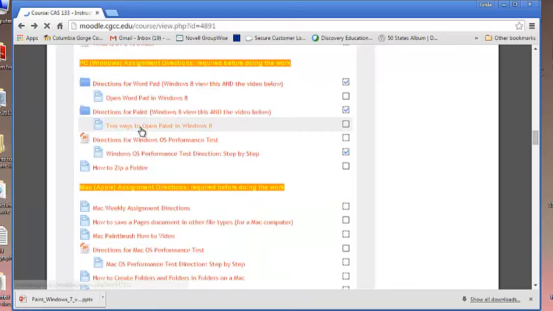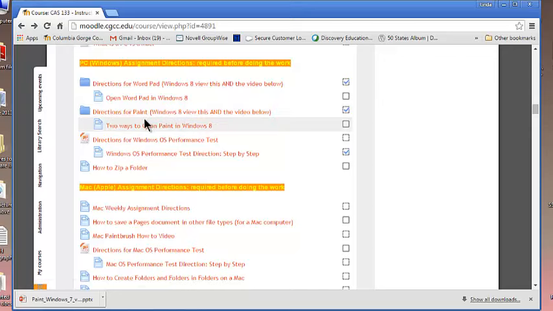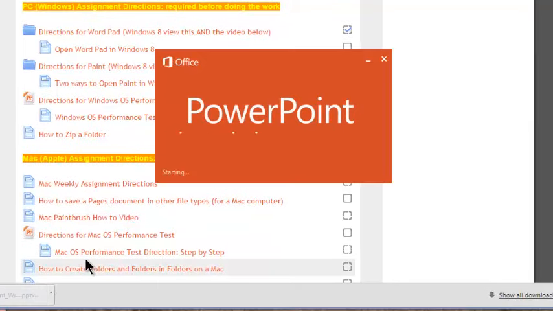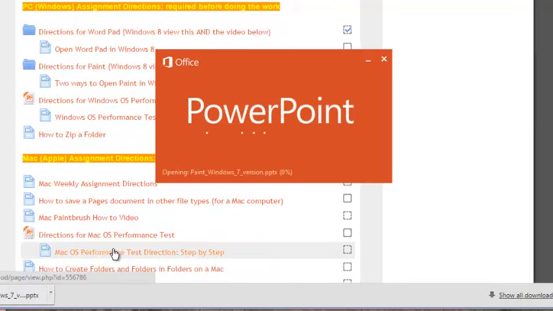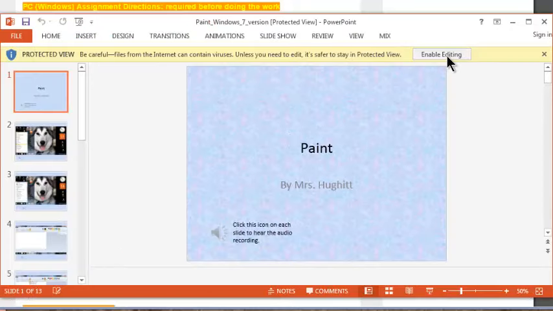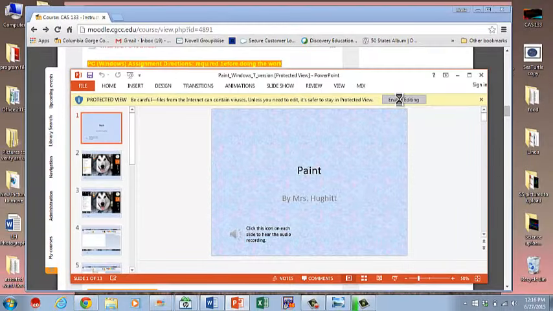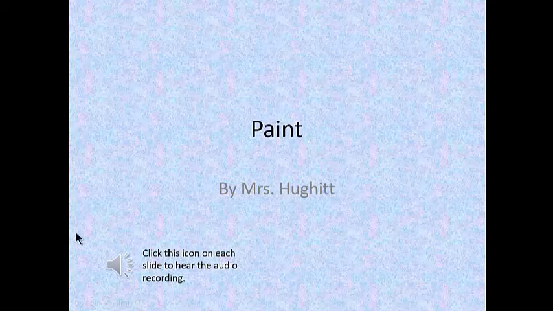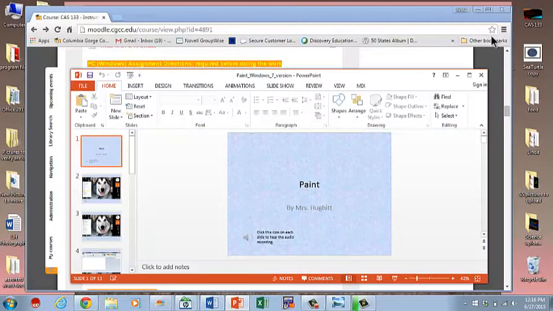Now, most of the step-by-step directions for the WordPad and the Paint are in those PowerPoints that you need to watch. Once you get a PowerPoint and you open it and it goes up on your screen, I'm going to show you kind of what you do. You get it here. You may have to say enable if that comes up. I asked you to enable, but I guess I didn't get a good click. Then you need to go down here and put it into this kind of full view. It says slideshow. And once it goes to that, then you're able to click the play on the audios and listen to your slideshow.